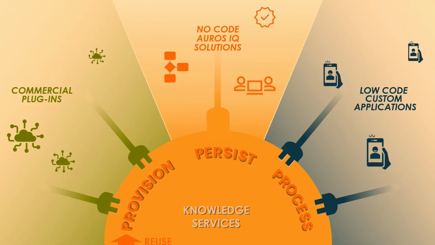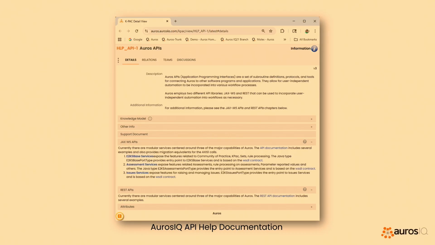And for some of you that raise your hand and want to connect, and you have a need for a low-code custom application, you might be wondering how you get started. Like, how do we go about that? To create these low-code solutions, we need to talk about these things called APIs. I know a lot of you know what APIs are, but for those that don't, they're application programming interfaces. And these preformed coded units are really what allow us to make connections between Auros IQ and